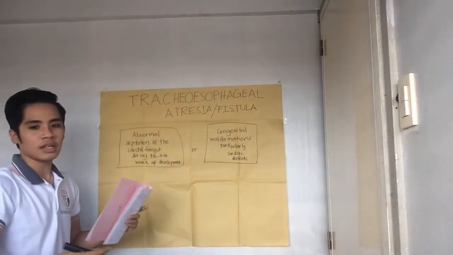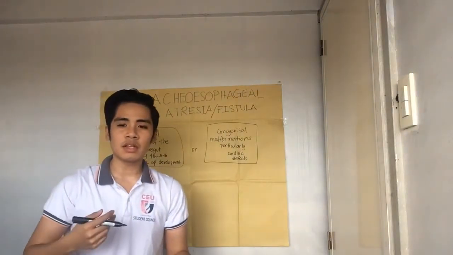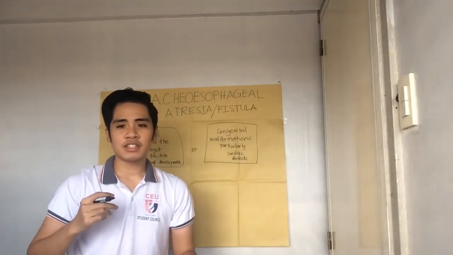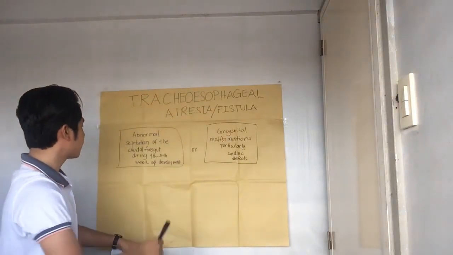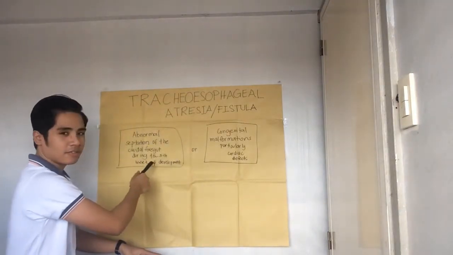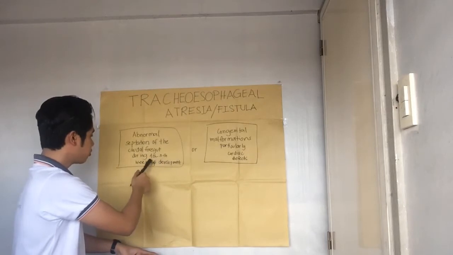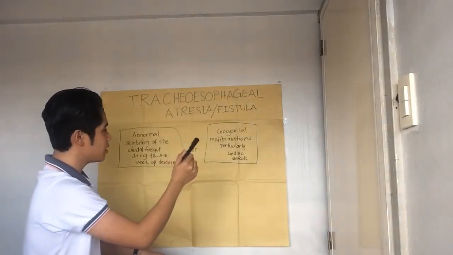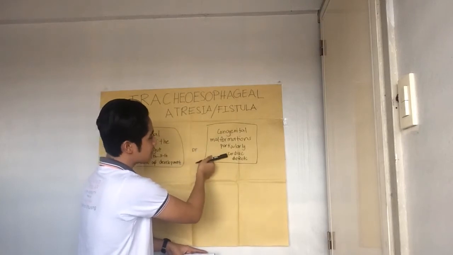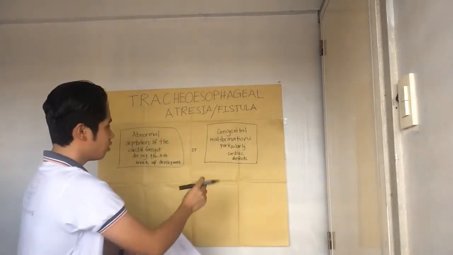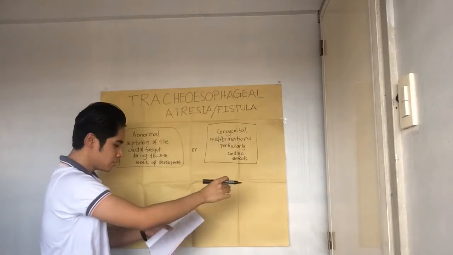The possible etiology of tracheoesophageal fistula is abnormal septation of the caudal foregut during the 4th or 5th week of development, or it can be because of congenital malformations, particularly cardiac defects. So these two will lead to